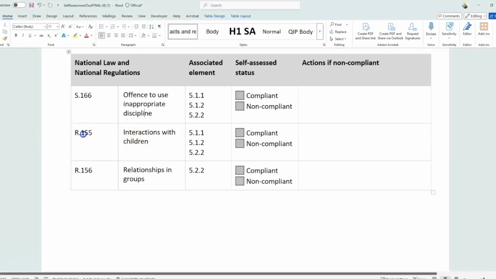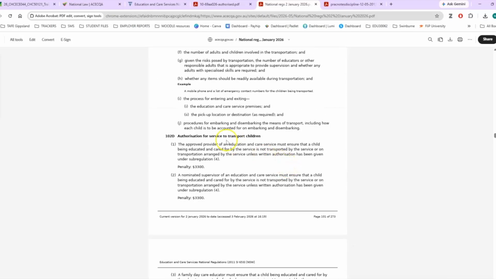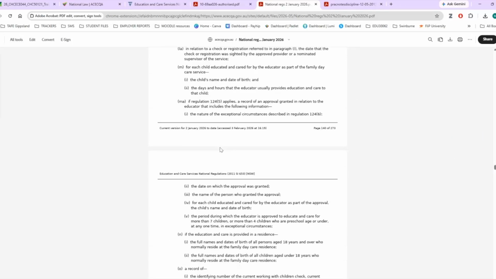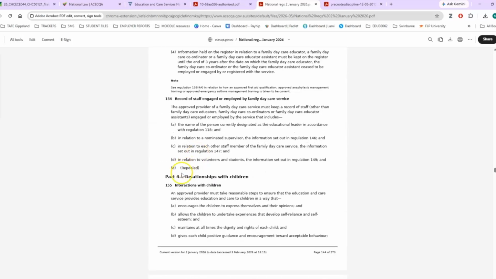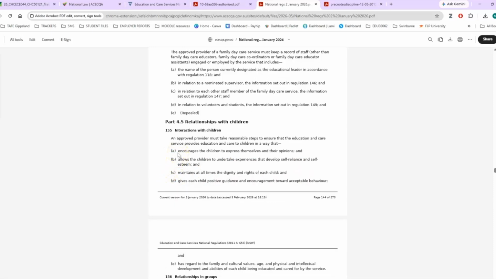And you're looking at Regulation 155. So looking here, you can see regulations are here, and if I go down and find 155, you'll find that the regulations give a little bit more detail as compared to the law that's quite broad. So here you've got relationships with children and interactions with children. So you need to ensure that reasonable steps are taken, that the service provides education and care to children in a way that encourages children to express themselves and their opinions, and there's an and here, there's not an or,